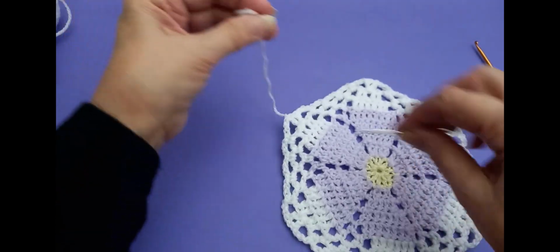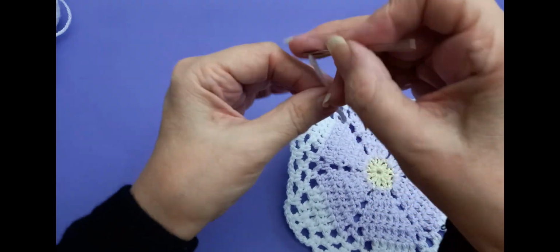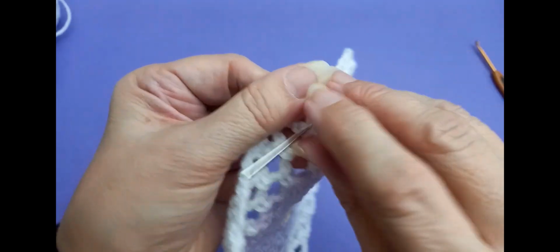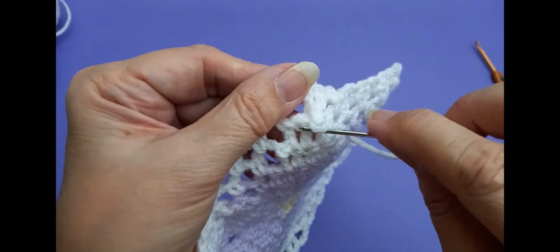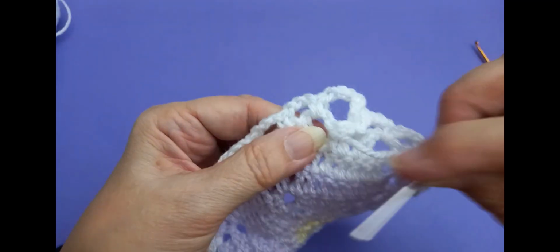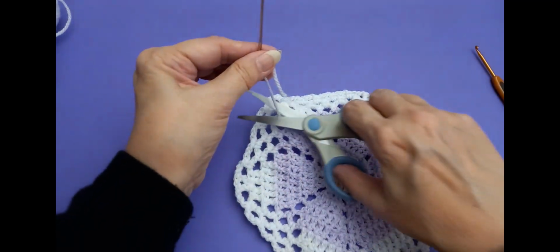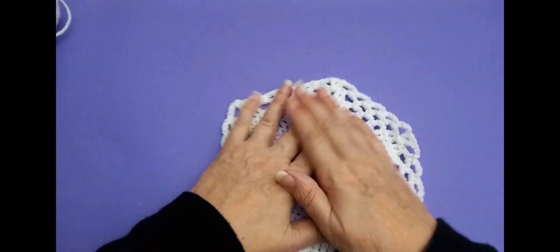I'm going to sew in my end, and then I'll show you how to do the half. How I worked out how to do the half of this. Just sew in my end. Just hide it down in here somewhere. Cut my end. And that is